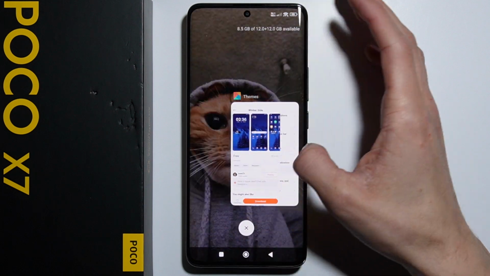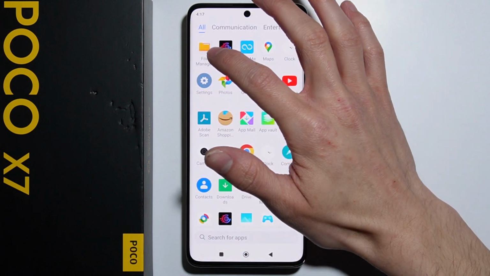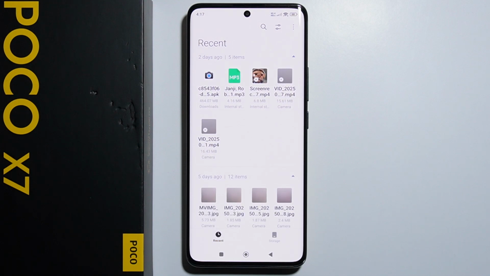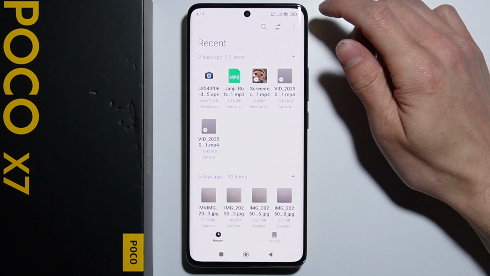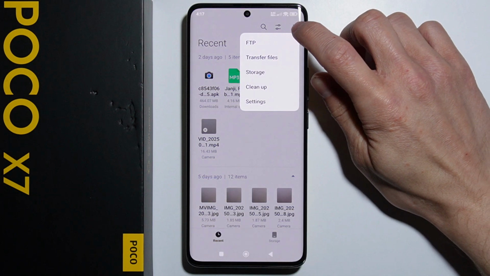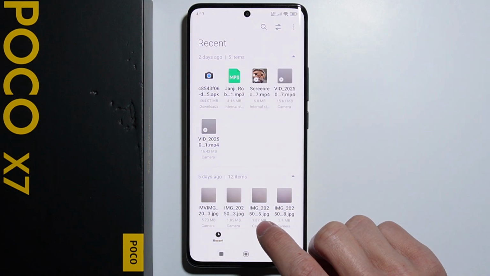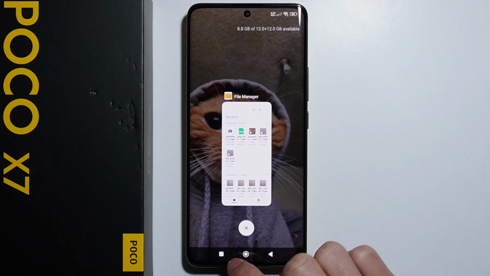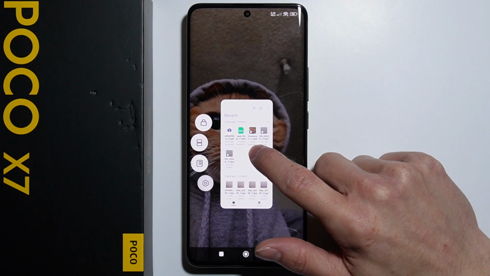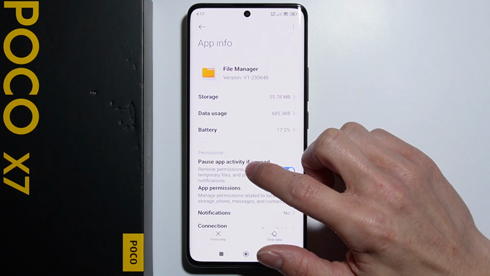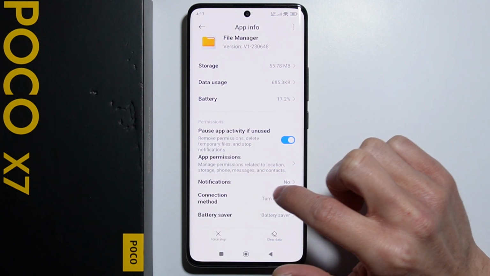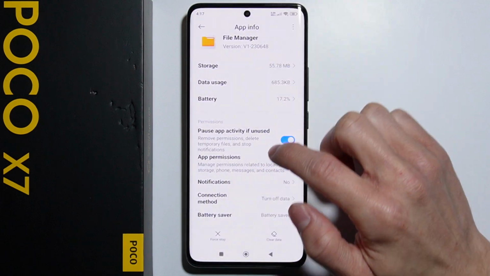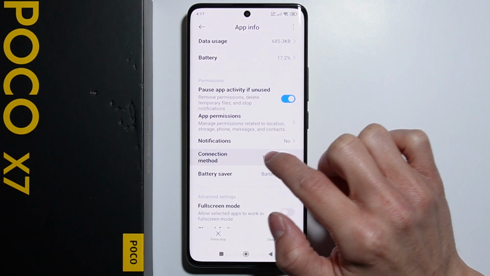We can also try with this application called File Manager, and right here there are actually a lot of different ads. You can try disabling them by, no, you simply have to first of all go into this application and press this button right here to go into the menu. Press and hold this application and go into Settings, and from here you can disable the notifications. You can disable this show notifications option,